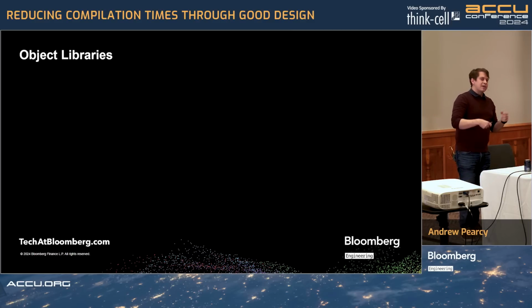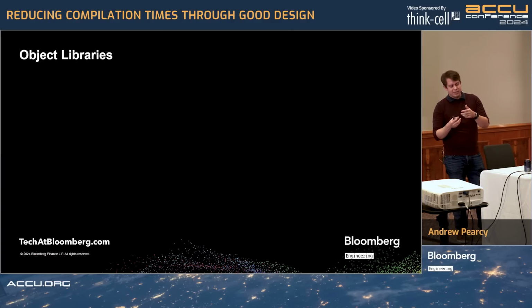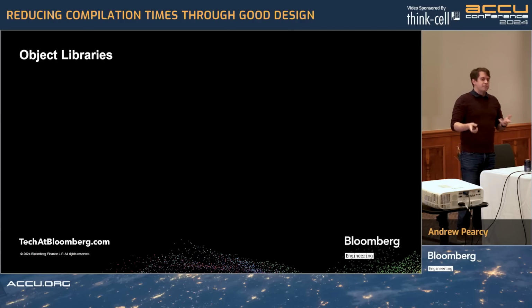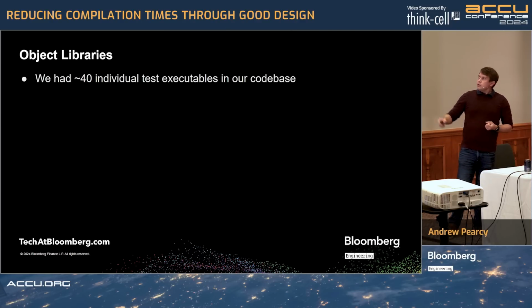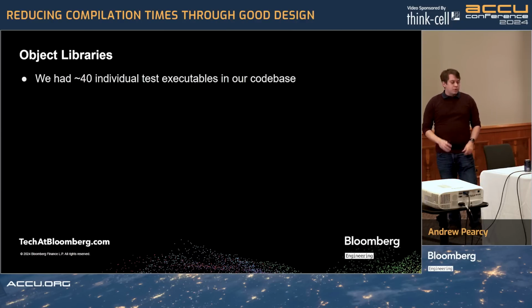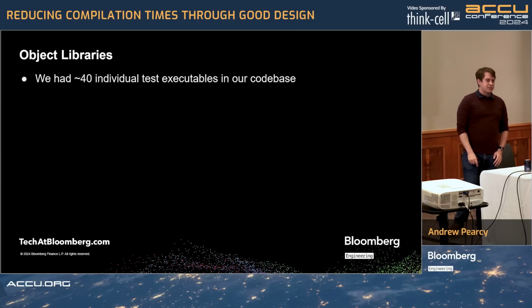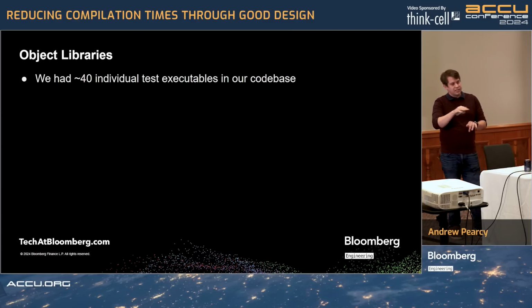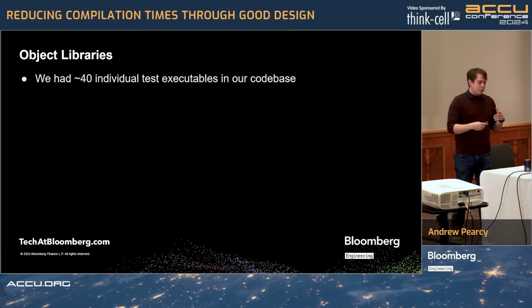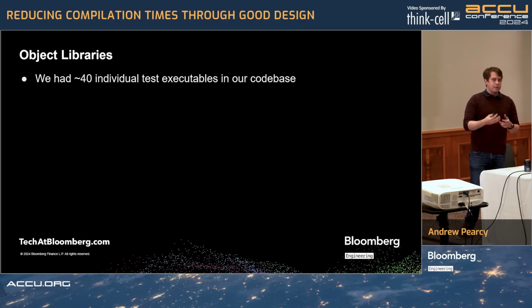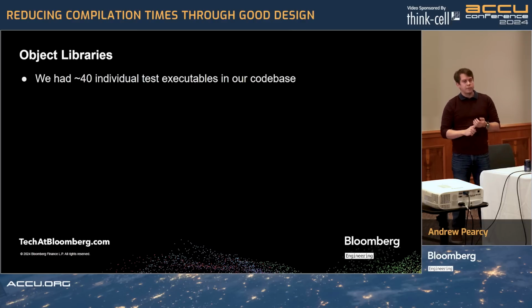The idea being you can reduce some of the linkage time if there's common shared implementations between all of those objects, and just generally trying to create fewer files in general. So one thing we had is 40 individual test executables in our code base. So all of our different test files, each one of those is creating a different object file. Each one of those object files is being made into an executable. And what we noticed is that there's a significant amount of time redoing the same work between every executable and